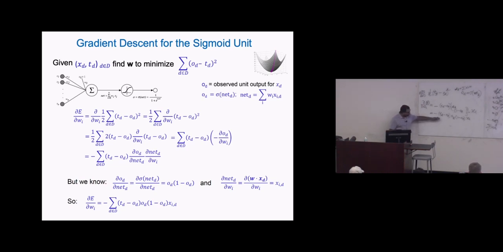So essentially, the derivative, and of course you have this sum over all the examples, because we are doing this for all examples in the training data set. But the point is, in the output layer, the gradient with respect to Wi, for one particular D, the stochastic version of gradient descent, is essentially the label minus your prediction, times the prediction, times 1 minus the prediction, times the input.